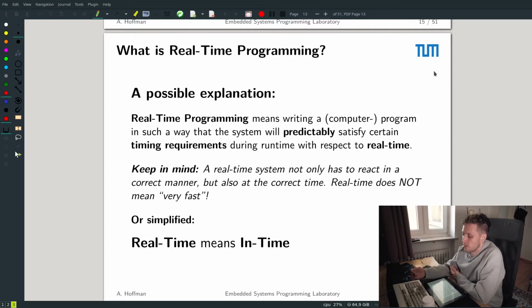To satisfy timing requirements, you have to make sure that you've written your code using paradigms or methods or programming languages or operating systems that are able to have an awareness of time and to include these important timing constraints into your code, so that when you run it, they can run with respect to real time. So this is the most important thing, that it's code that has an awareness of time,